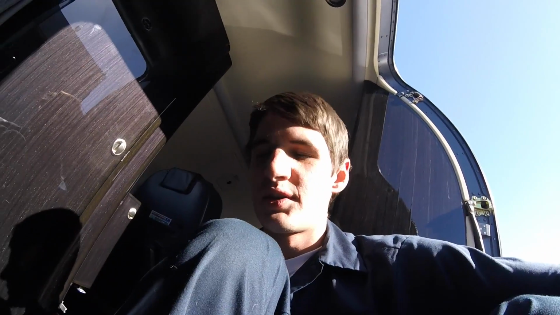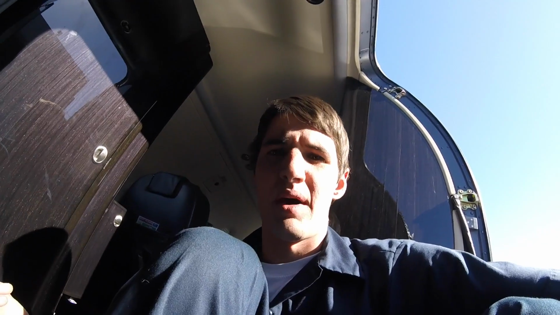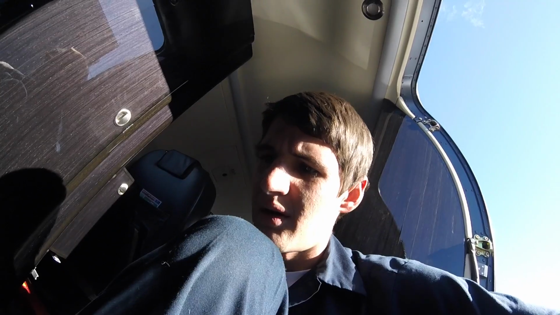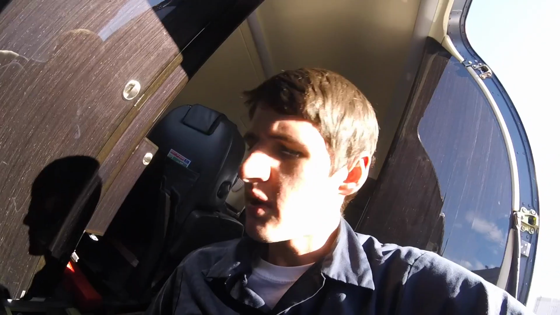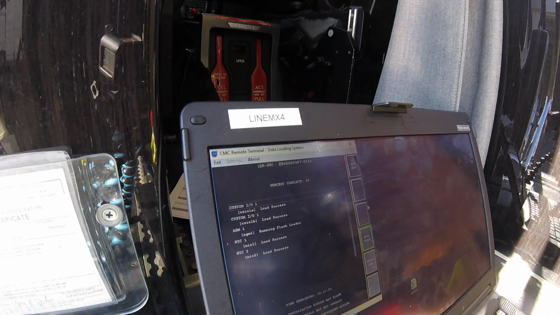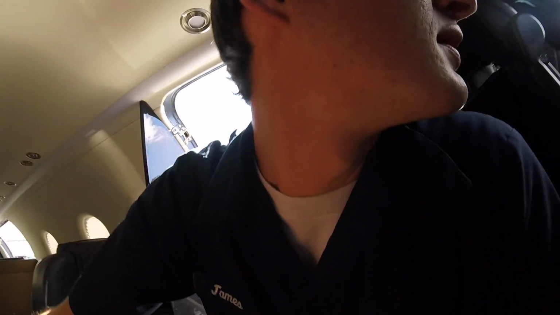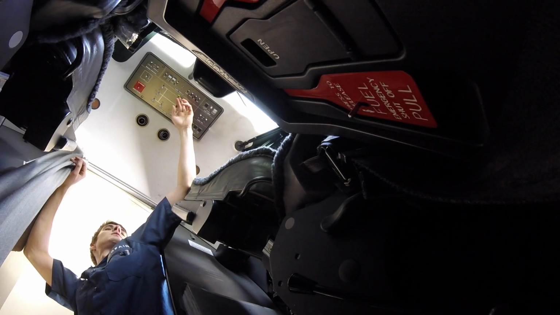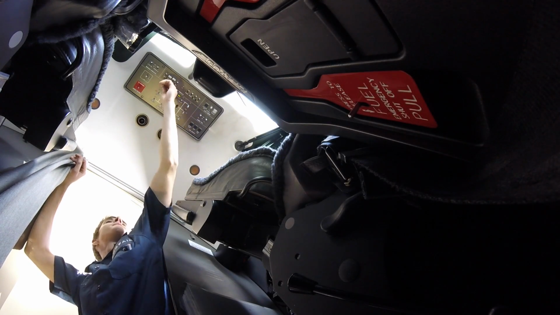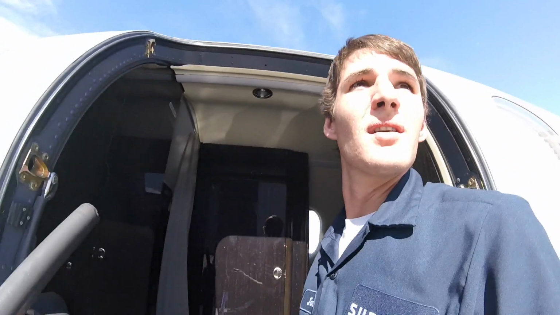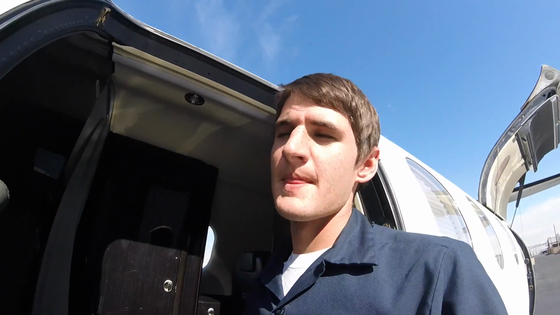So right now the configuration check is looking at all the different MAU cards, I believe 12 of them, and it's seeing which cards need data loaded to them. Okay, configuration check is complete. I'm going to select start load. Two hours later. Load complete. We're going to power cycle the plane, then load some additional configuration CDs.